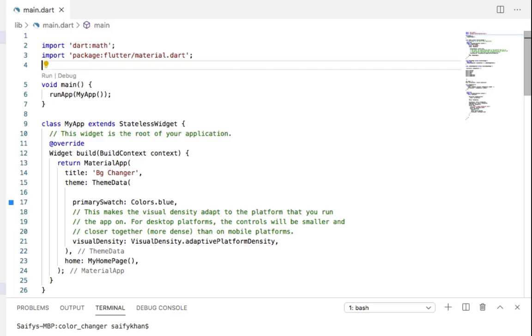I'm using two libraries. One is math and one is material. Material, from the name, is used for widgets like text, like buttons, and the other is math. It is used for any mathematical function like max number. In my case, I am using it for a random number generator.